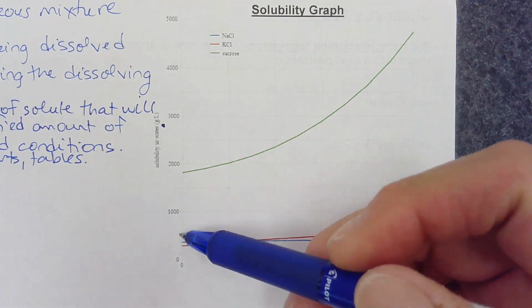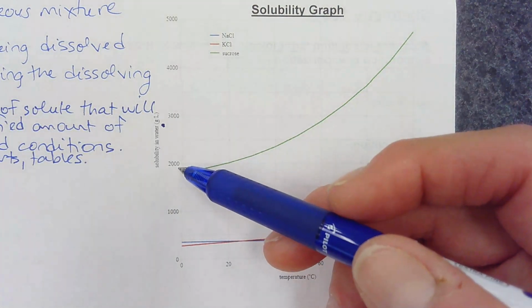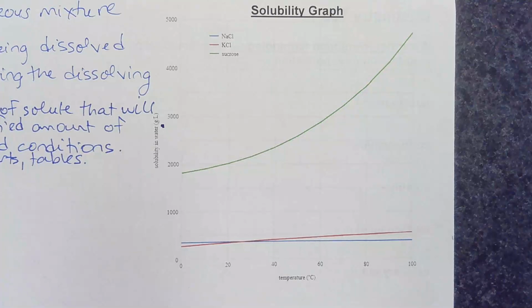This is 0, 500, 1,000, 1,500, 2,000. So do you say 500 grams? Best you can see, right? So in other words, 500 grams of potassium chloride, this is the solubility of potassium chloride. Remember, it's the amount of solute in a specified amount of solvent under stated conditions. So the solubility of potassium chloride is 500 grams of potassium chloride will dissolve in 1 liter of water at